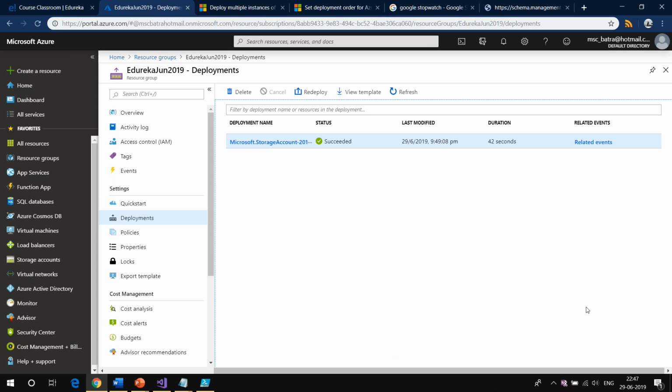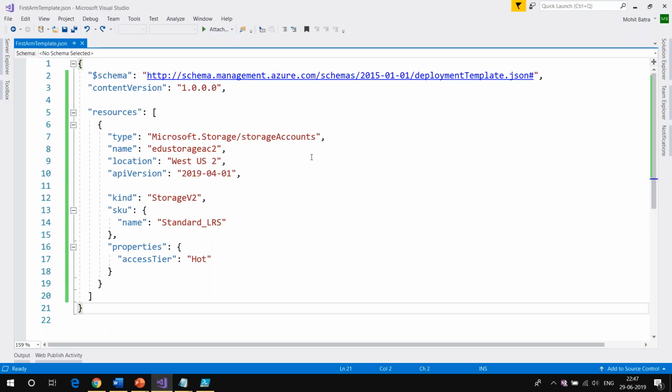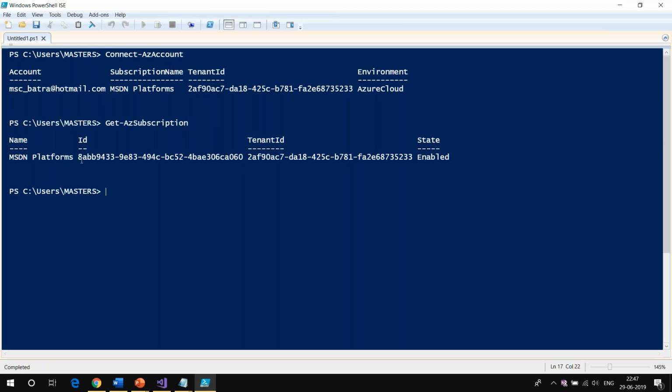All right. And Dinesh is asking, is this the ID of the resource group? I'm not sure, Dinesh, which ID you're talking about. There is no ID, right? Oh, okay, so what you are saying, is this the ID of the resource group? No, this is the ID of the subscription, and this is the tenant ID, which we'll talk about later.